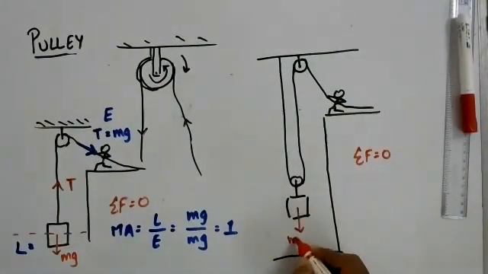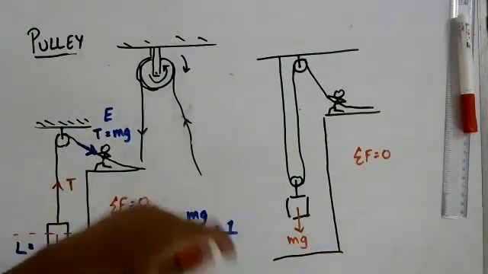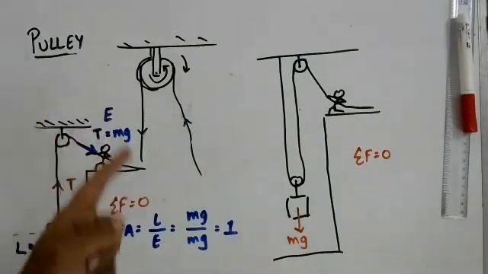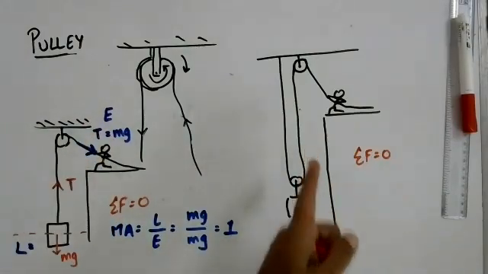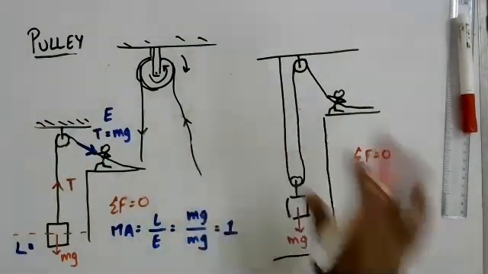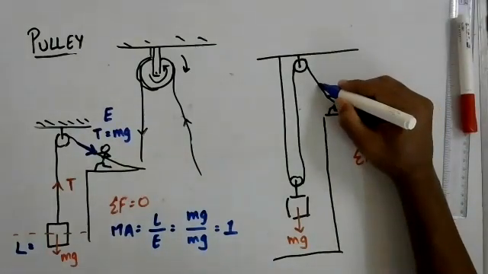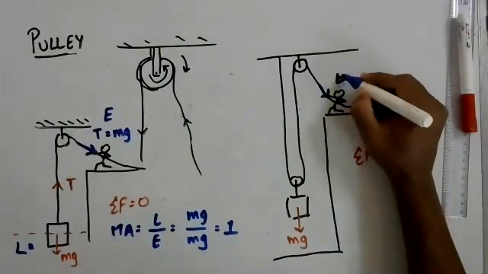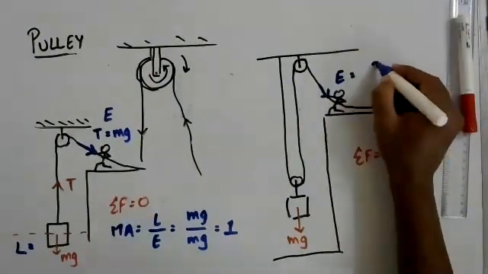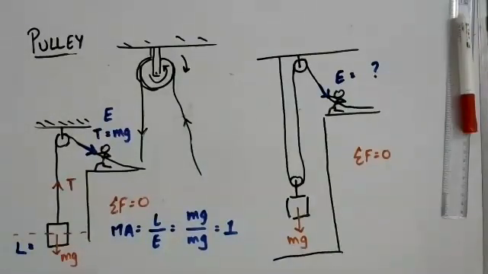Now the weight of the object pulls it in this direction. So therefore, use the principles that I gave over here to also answer for this. So how will I complete the diagram? All I can say is that the question is, this person applies an effort in this direction, correct? I want you to tell me how much is that effort. So that's what we have to work towards.